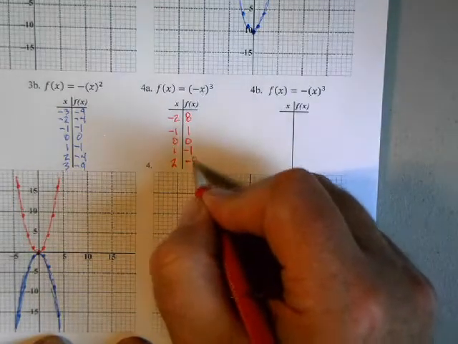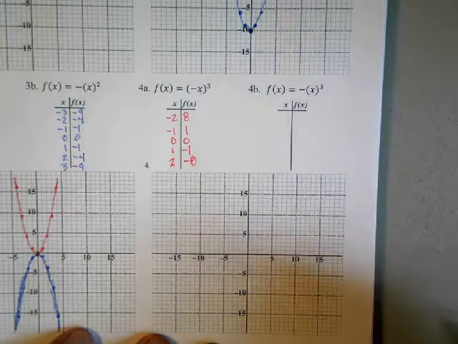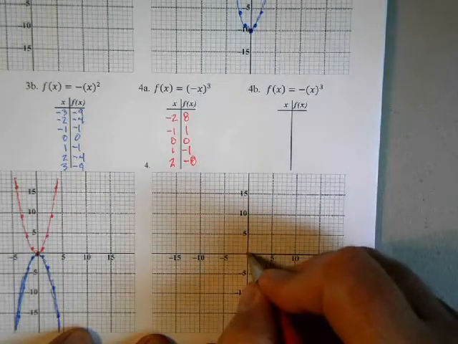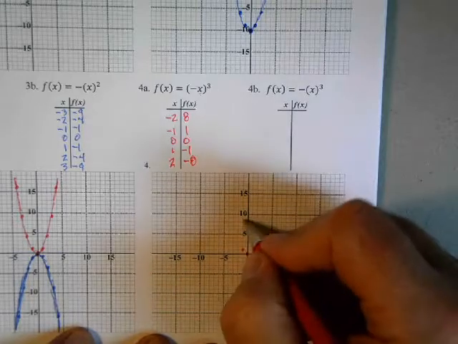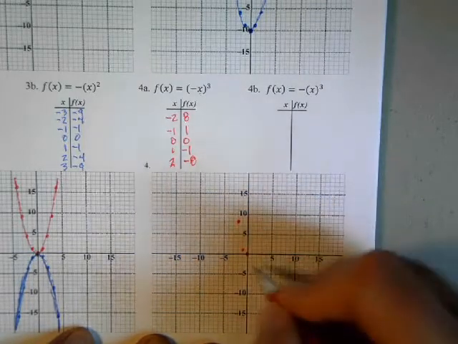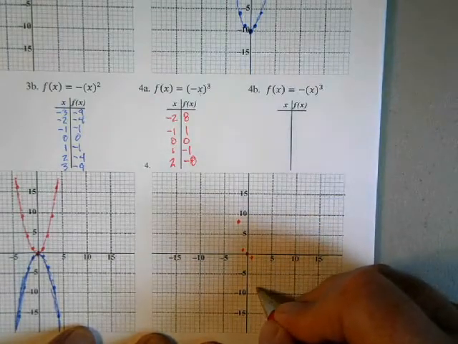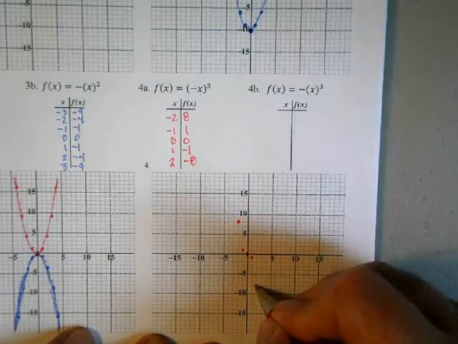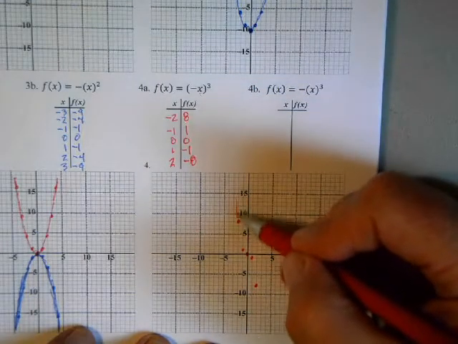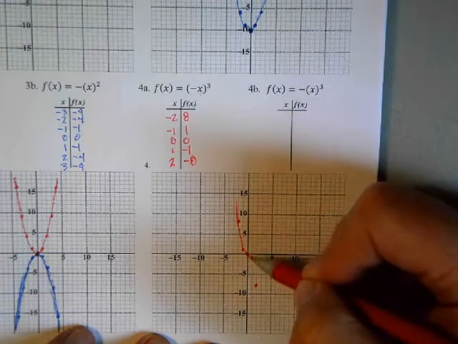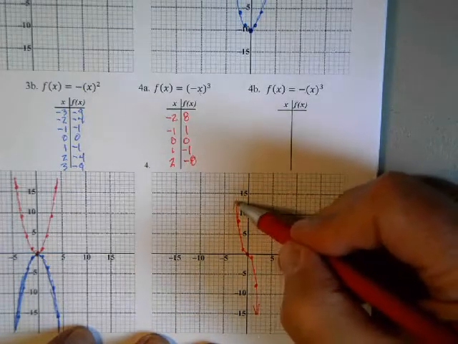And so putting in those particular values, we're going to have 0, 0. -1 is 1. -2 is 8. +1 is -1. +2 is -8 down there. And so our graph goes basically like that. And of course, by the time we get to the next one over, it's going to be way up